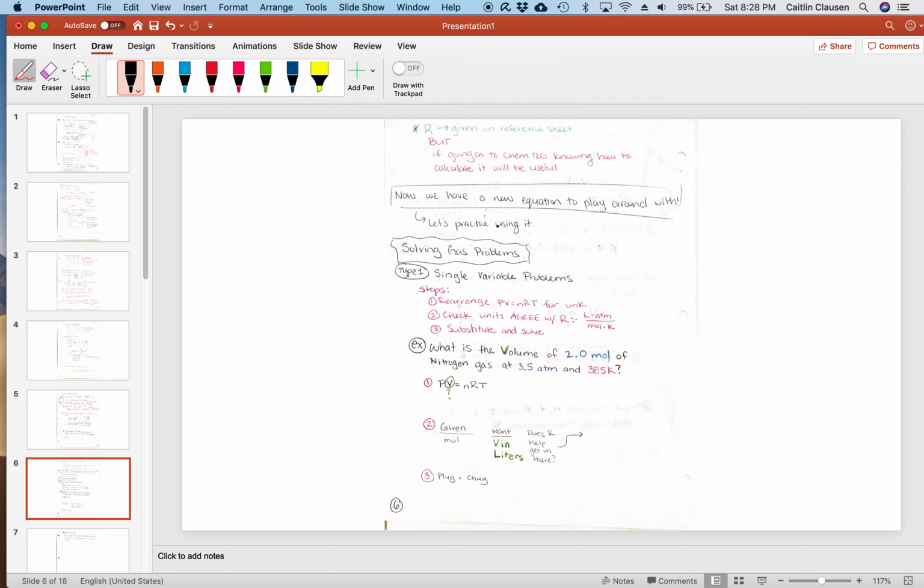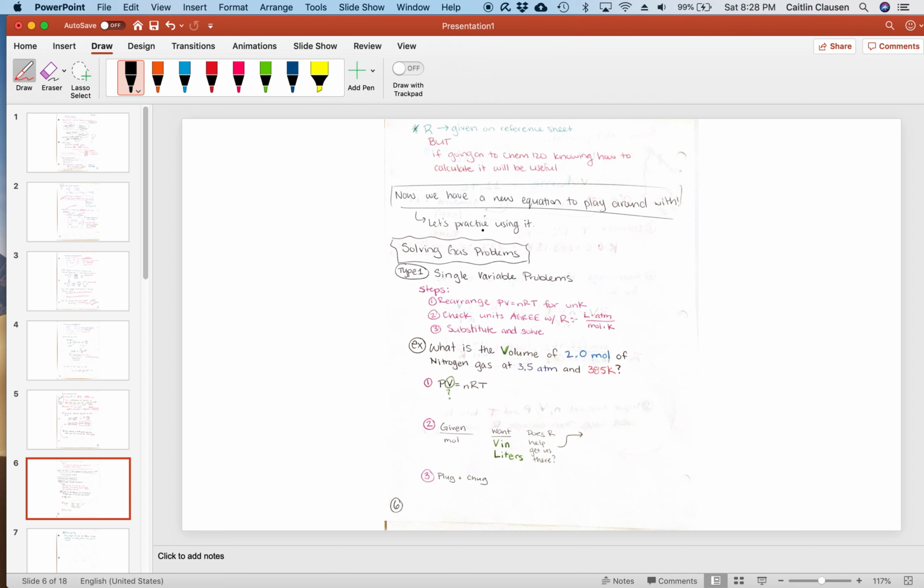So now I'm going to show you the 5 types of problems you're going to come across using the ideal gas equation. I'm going to show you an example of each one, and I'm also going to give you time to go through an example on your own. The first type is single variable. Basically, I'm going to give you everything except for one of the variables in the equation, and expect you to